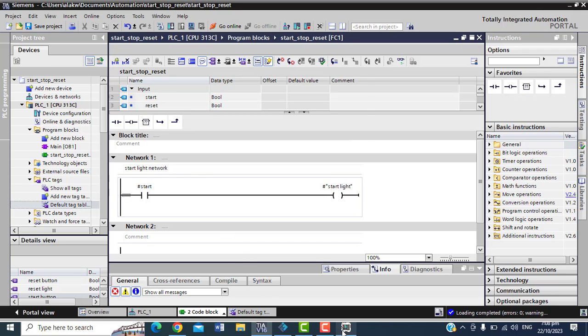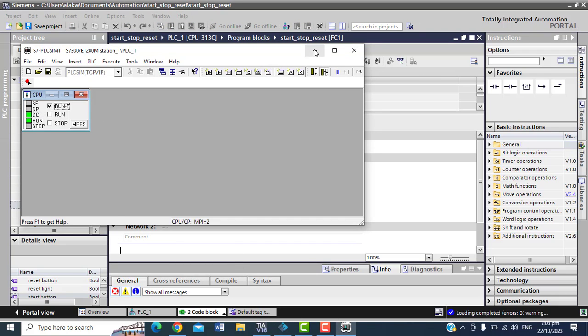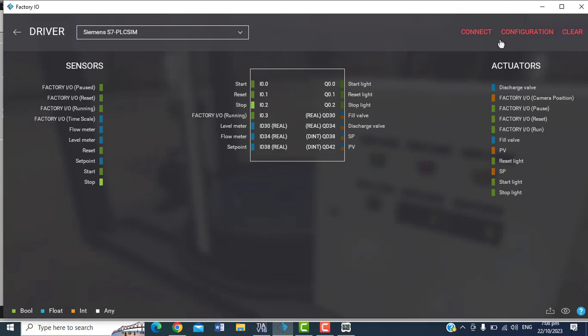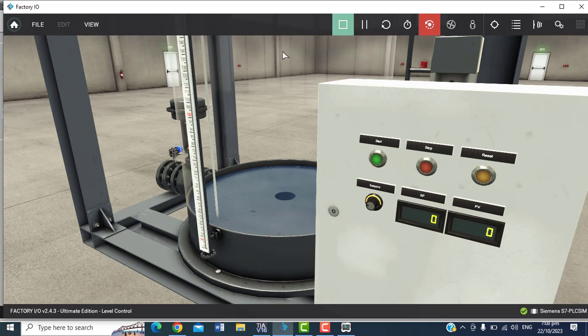If you see here, it already did it for on P, right? So I will just hit connect. Immediately I hit connect, you can see this green check mark here, right? It shows that we are connected. So now if I press play here, anytime I press this button, I'm supposed to see the light, right? But if I don't press and hold it, then when I leave it, it goes off. If I press and hold it again, it comes on. If I leave it, it goes off.